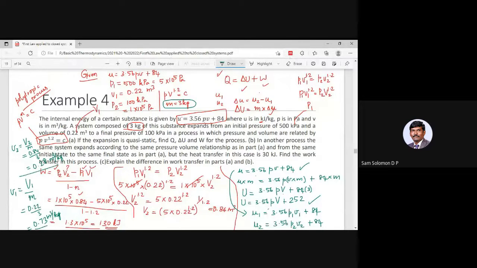So in the equations we can substitute the values. So you can substitute P1 V1, but what have they given here? U is in kilojoule per kilogram, P is given in pascal. But this guy should be in kilopascal, I think. Only then, because this guy is in kilo, only if this guy is in kilo that will match. Okay, so you can check that.